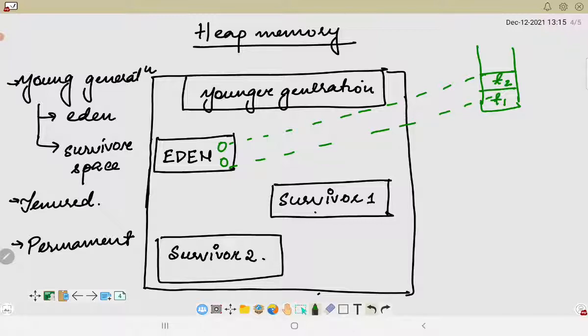If there is some object which does not have any reference variable, then it is destroyed. And who destroys it? This is done by the garbage collector.